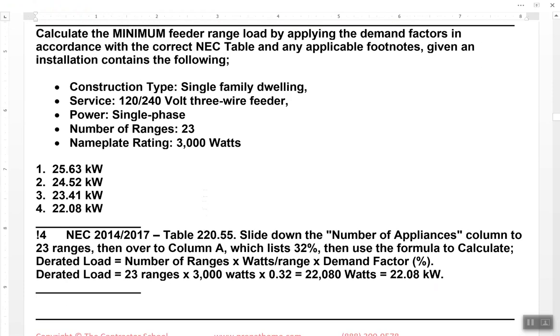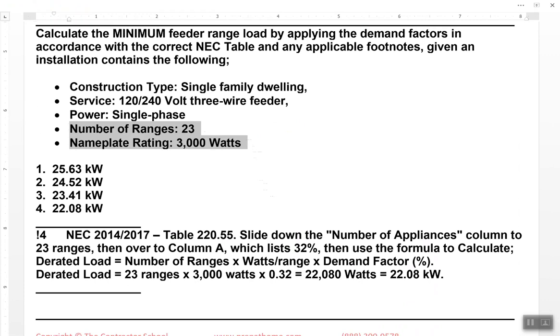Calculate the minimum feeder range load by applying the demand factors in accordance with the correct NEC tables and applicable footnotes. Given the installation contains the following. Again, a dwelling, 120/240, that's a little bit more standard, right? Single phase service. Here we go, 23 ranges. Here's the relevant information, right? 23 ranges at 3,000. Not too tough, right? Not too tough, right? So wouldn't we simply,